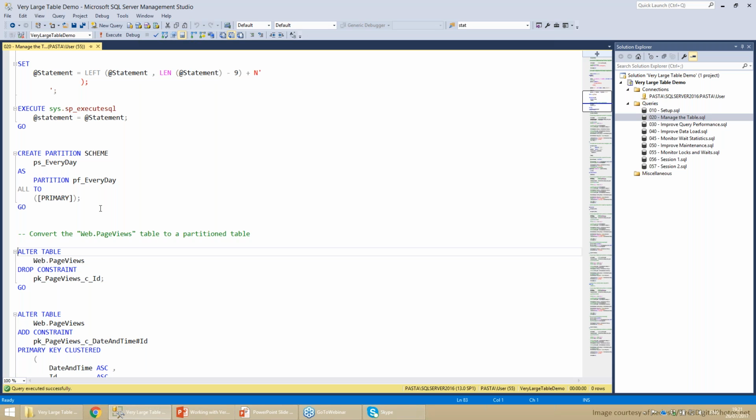Another way to do it is to create another table, again partitioned, but we will have a single partition for everything that happened till today, and then we can simply switch the single partition from the original table to the single partition in the partition table. So we have one very large partition containing everything till today, and from today going forward, we will start having partitions per day.